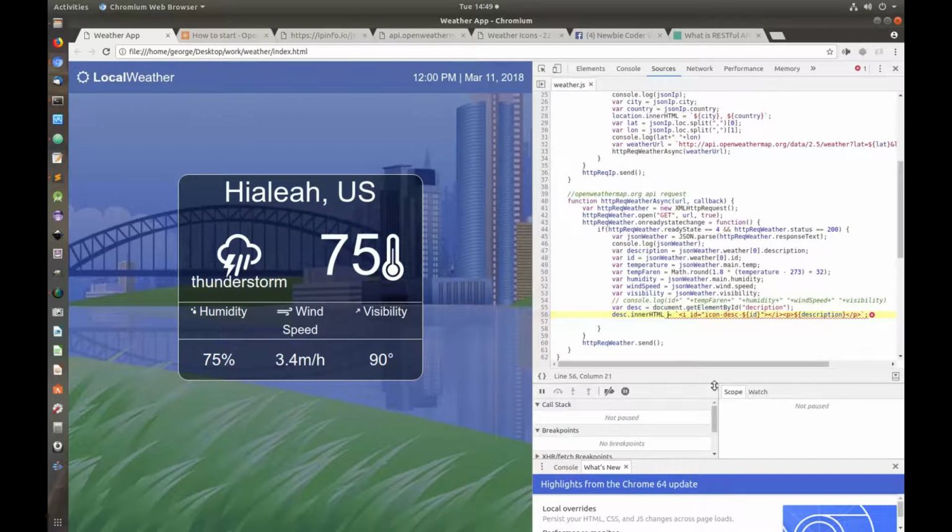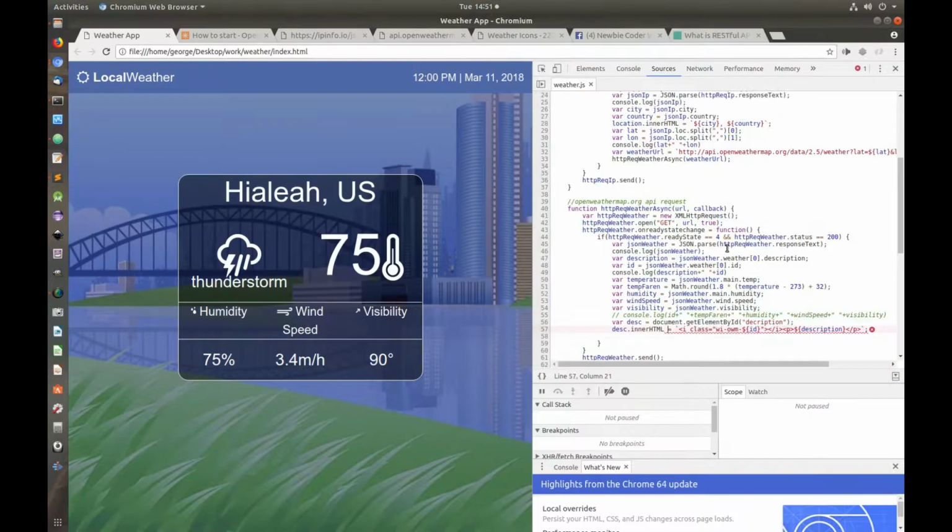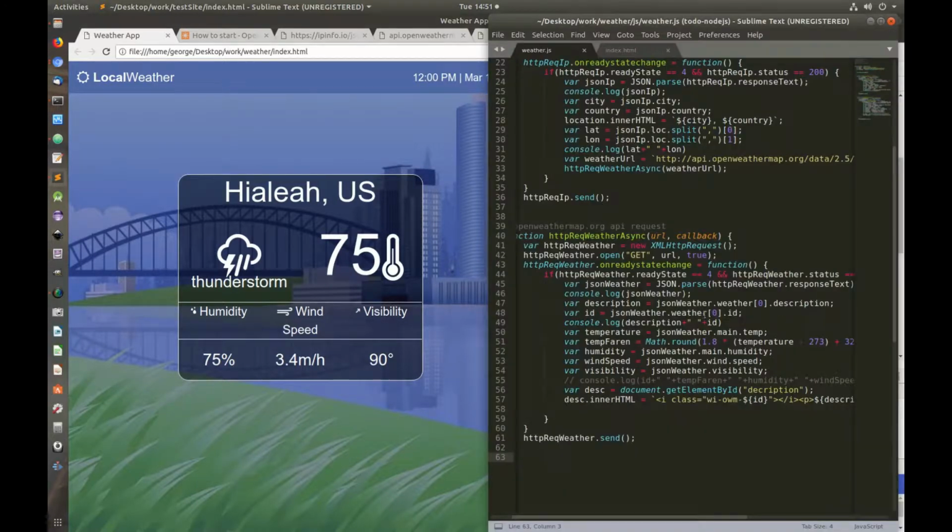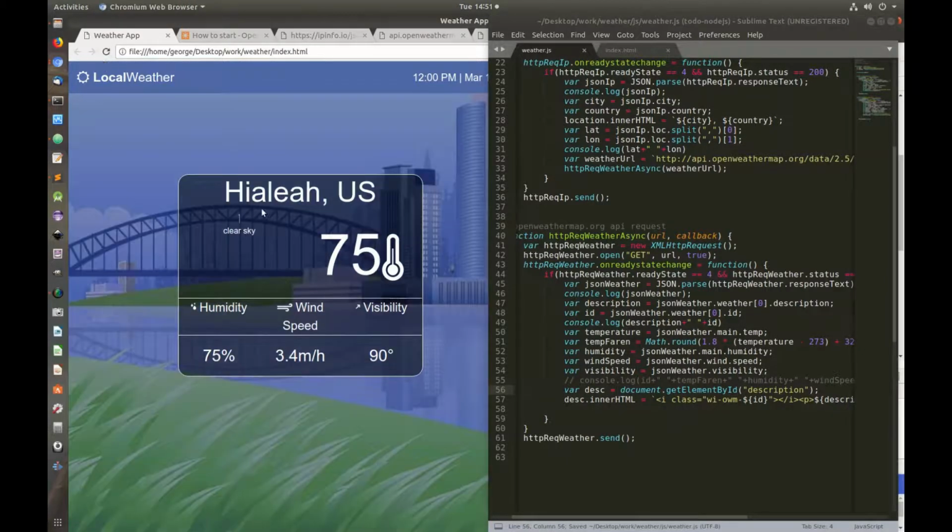I'm going to click on the error, and it's taking me here, and it says I cannot set inner property of null. The error was the ID in getElementById, I mistyped description. I'm not going to stop on debugging this too much because this is already getting really long. So I'm going to say description, and I'm going to refresh the page, and now we got the right description,